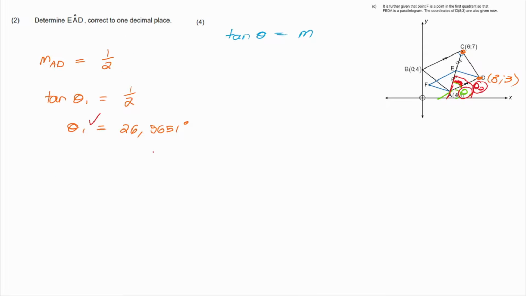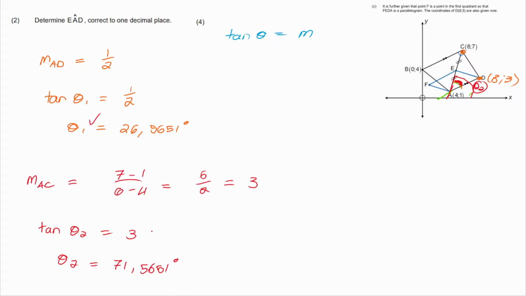Okay, so this was my first step, theta 1. Now I need to find gradient AC. Okay, so gradient AC, I don't know if I've worked it out before, but we can do it quickly. Let me just get rid of this so I can see. That's (4, 1). So that'll be 7 minus 1 over 6 minus 4. Okay, so that's 6 over 2, which is 3. So that's gradient AC. So now I'm going to say tan theta 2 is equal to 3. And then theta 2 is equal to shift tan of 3. I get